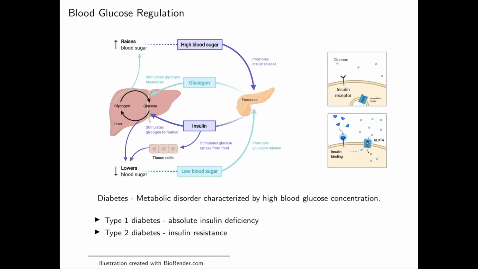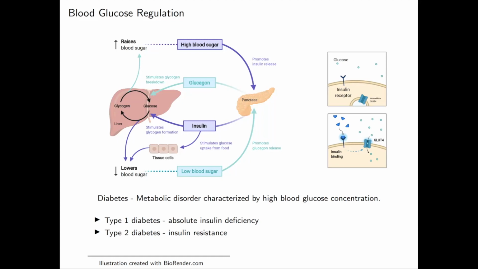in blood glucose regulation. High level of blood glucose stimulates insulin production, which signals the conversion of glucose to glycogen in the liver, as well as the absorption of glucose in the cells, thus bringing the blood glucose to a normal range. Improper functioning of this blood glucose regulation results in diabetes, which is a metabolic disorder characterized by high